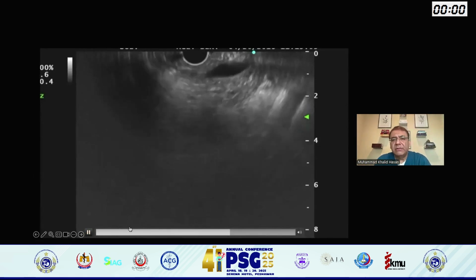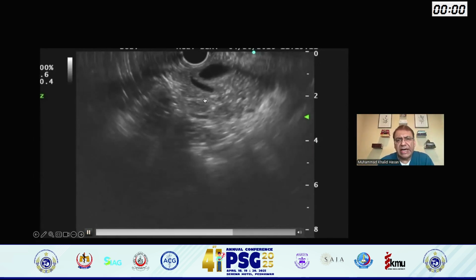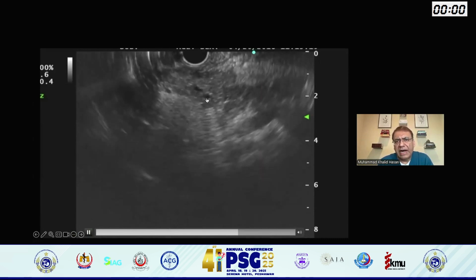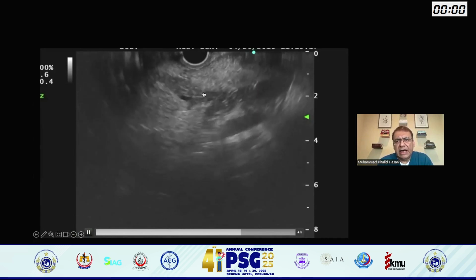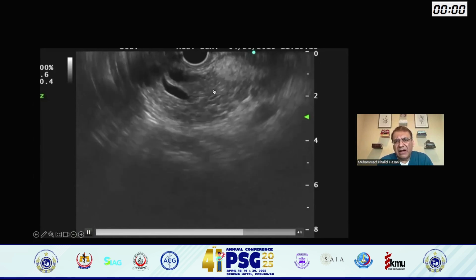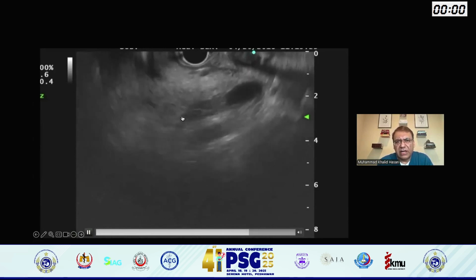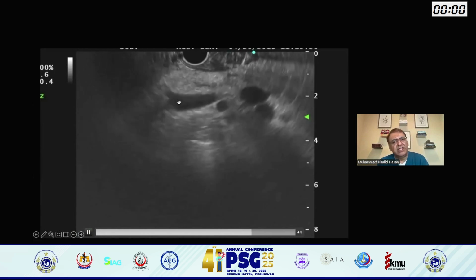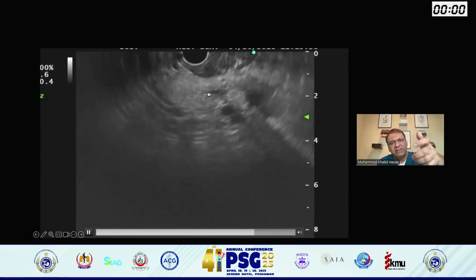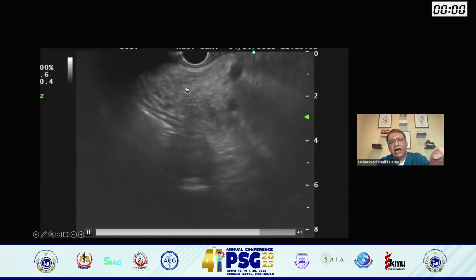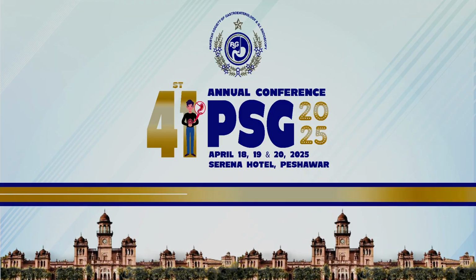Then go to the second part of the duodenum, which I mentioned earlier. You saw the aorta there, rotated a little bit to the right, bile duct, pancreatic duct. And here, this is a ventral pancreas, a little bit less fat as compared to the dorsal head of the pancreas. And from there, just gently moving the scope back, releasing wheel, unlock, and just pulling back, keeping the pancreas underneath the transducer.